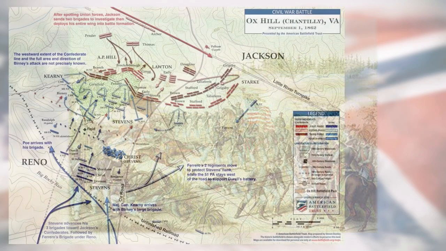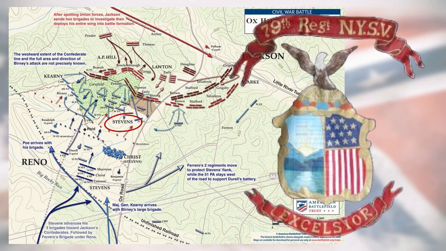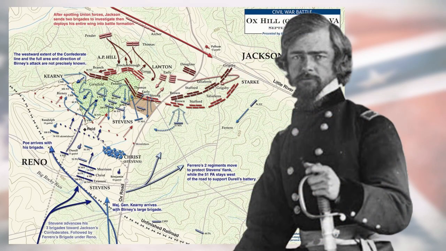Stevens rushed to the head of his old regiment, the 79th New York, and grabbed the regimental flag from the wounded color-bearer. He called out to his troops over his shoulder and ran directly to the edge of the woods and the source of the murderous rebel fire. Inspired by their commander, the New Yorkers surged forward. In the same instant, the Massachusetts and Pennsylvania regiments, bloodied in the cornfield on the left, rejoined the attack.